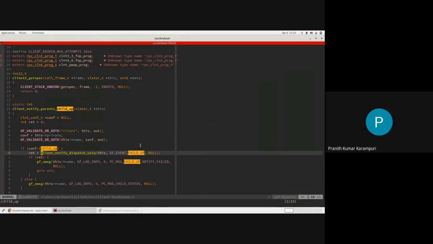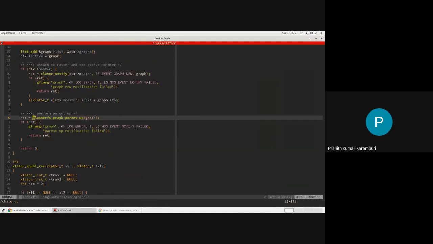It can now start accepting the FOPs. So in general, in all the translator graphs that we have, this is the same bring up sequence. Once the master translator knows that all children are up, then it will start accepting operations.